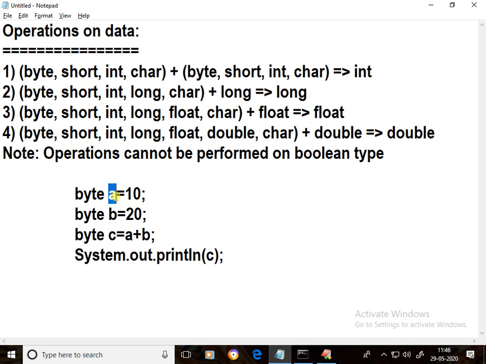A is a byte type, b is a byte type, byte plus byte, the result is integer. Okay, this line I'll write separately here.